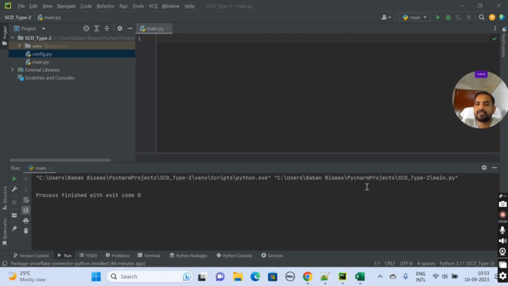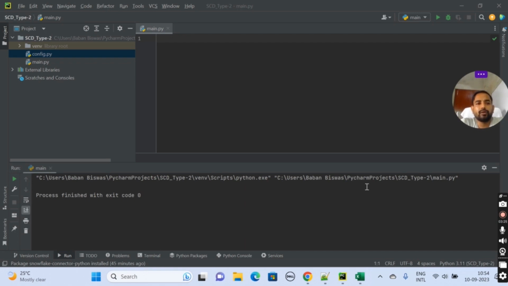To retain this change of address, we need to implement a slowly changing dimension concept. Based on the way we implement it, we can divide it into multiple categories: type 1, type 2, type 3, like that. There are a lot of things there, you can check on Google.